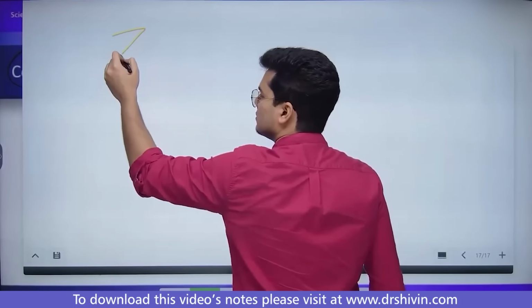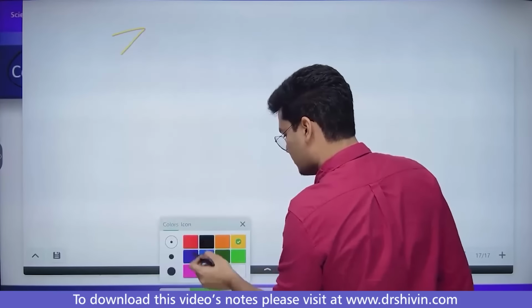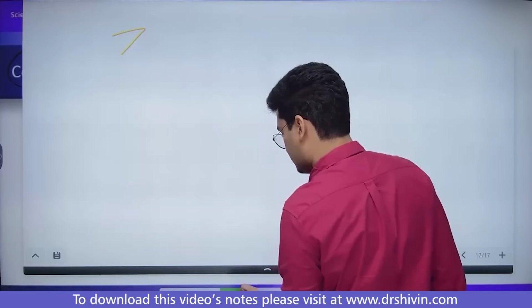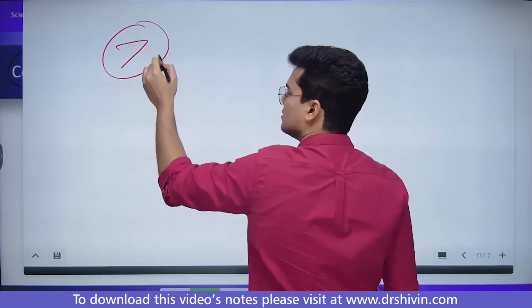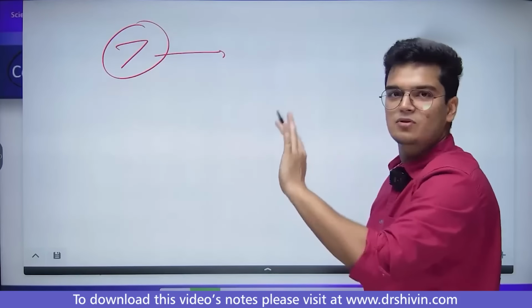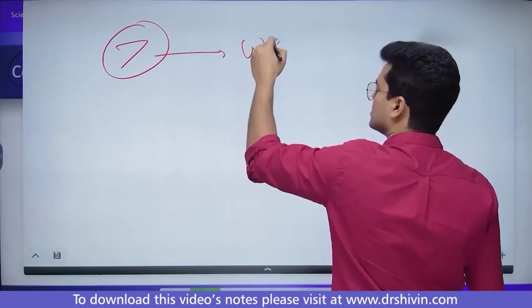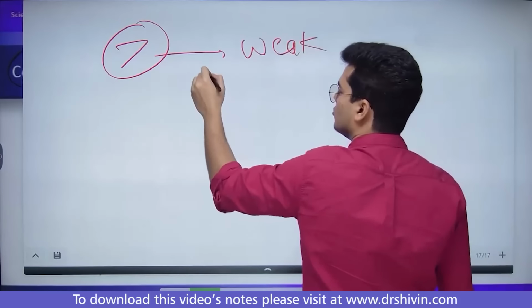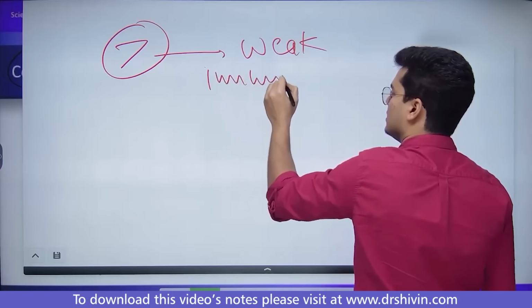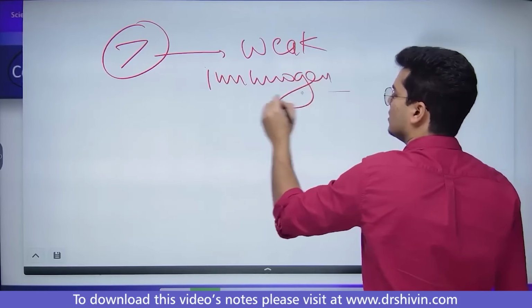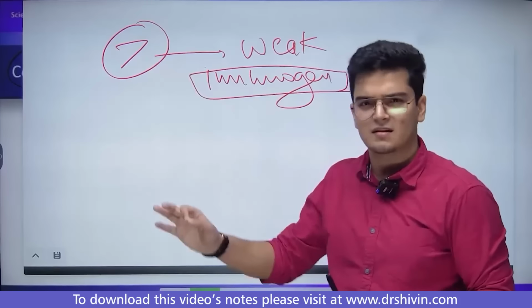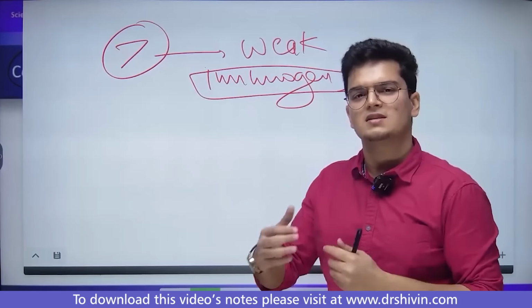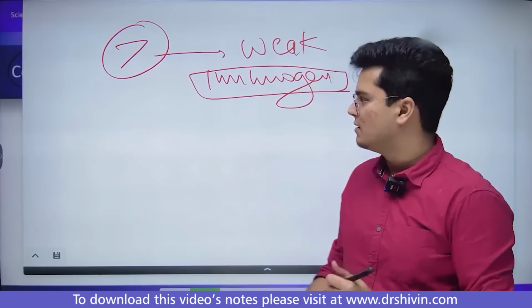This is an antigen, but if I give it by itself as a subunit, it is weak. It does not have good immunogenicity. It does not have the ability to generate immunity. It is weak, right? It does generate immunity, but not a lot, not as much as I would like, right? So what I did,